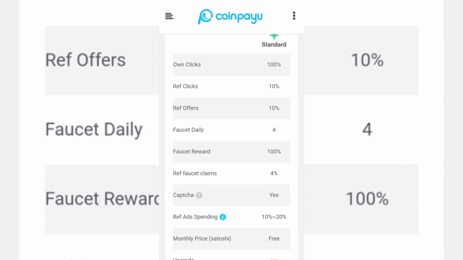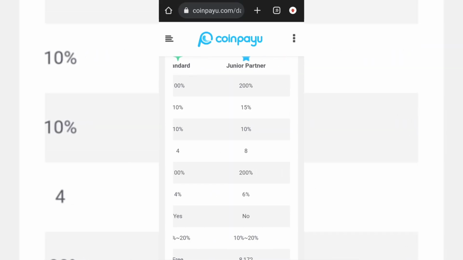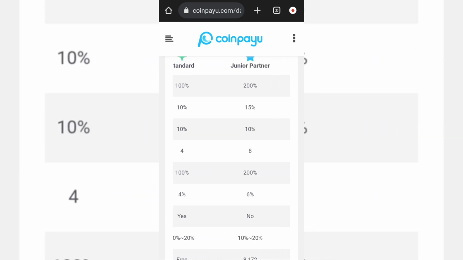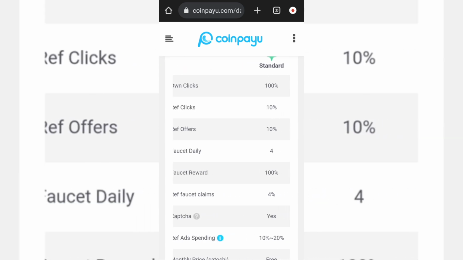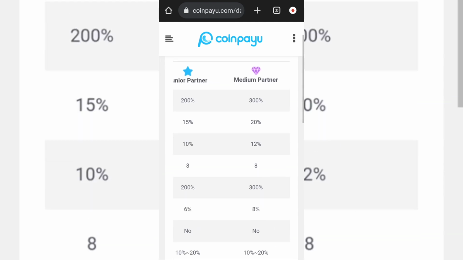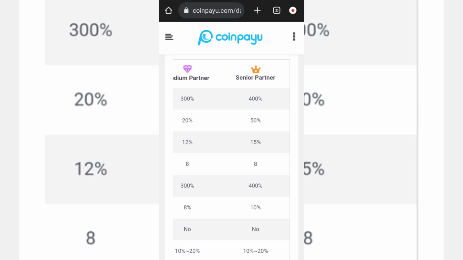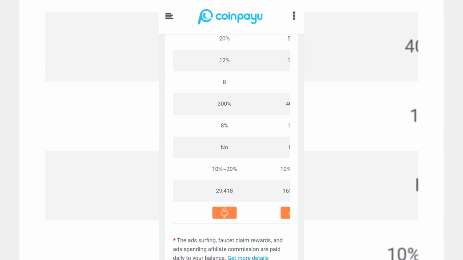So the other plan here is junior partner. We have 200% for the own click, we have 15% for ref click, then we have 8% for faucet claim. Here is the medium partner and also the senior partner, so you can choose whichever one you want to upgrade to. So if you want to purchase any of the plans here, you go back to your dashboard,